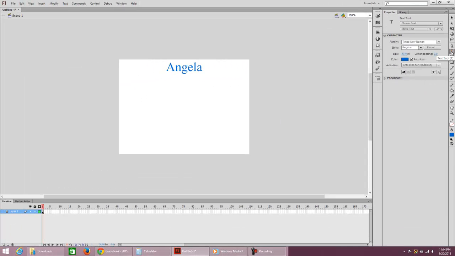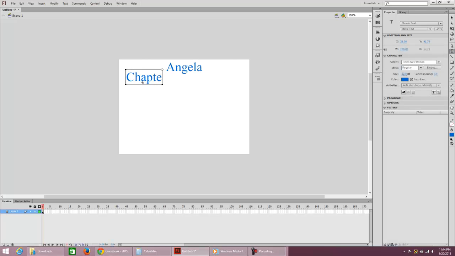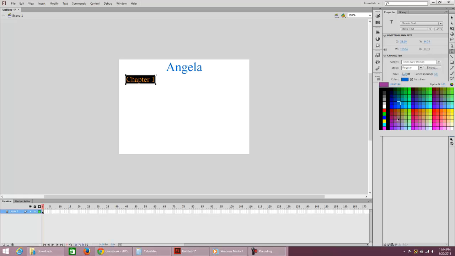Okay, I'm going to go back to my text tool. I'm going to click over here to identify that I'm working on chapter 1. And again, Shift Home is going to select all of that text, and I'm going to decrease the font size so it's not so in my face. Bring this back down. You can also double click inside of there and modify the font color to something different